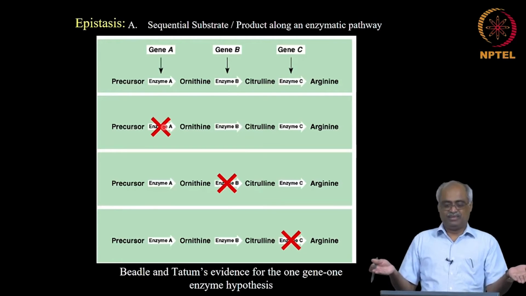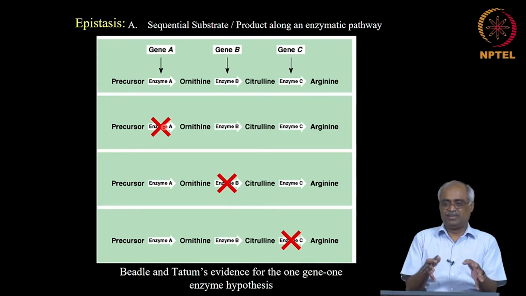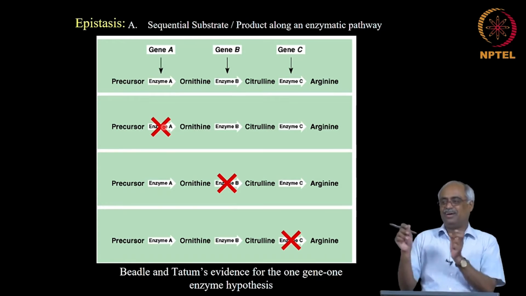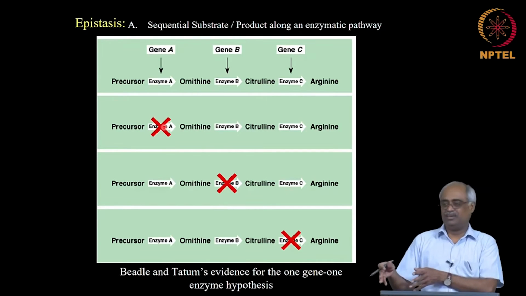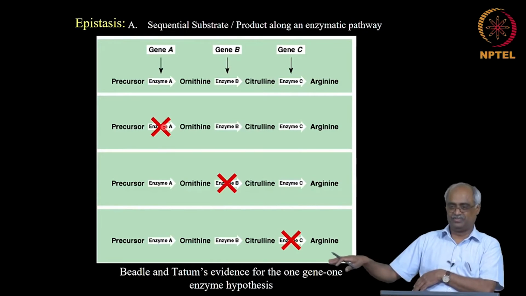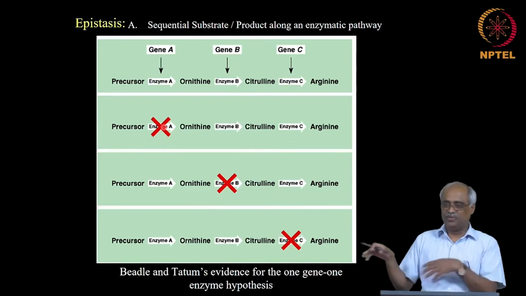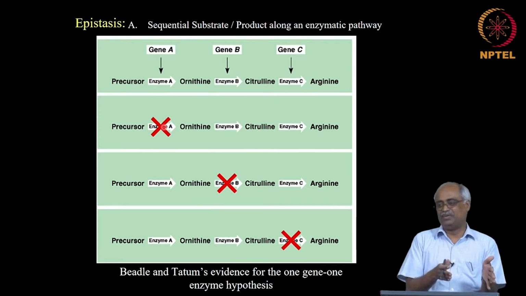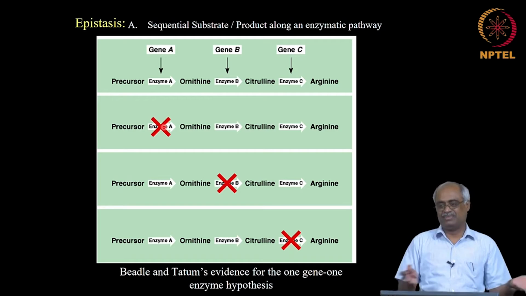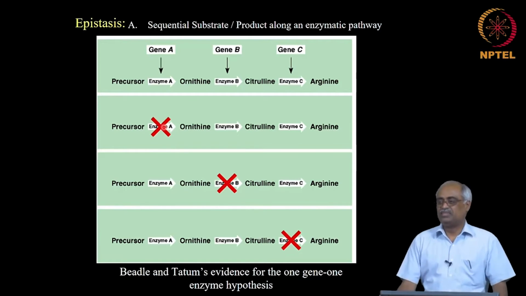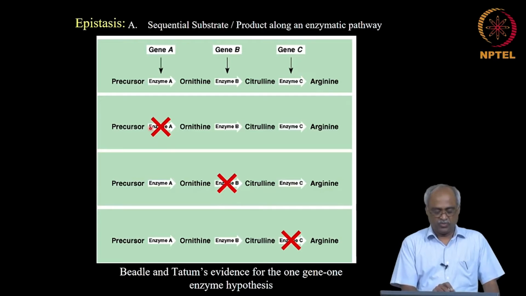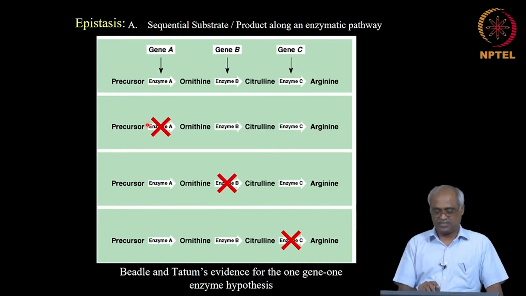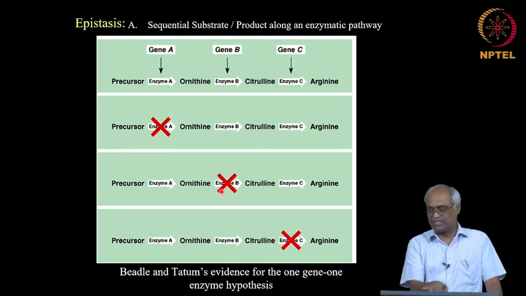So, whether the body part assembling people have come or not, and the wheel assembly people have come or not, the end phenotype is no car is made. When both are not there, it is also the same, and if the first people are not there, again it will be the same. So, the first block will be epistatic over everything else. When you see that relationship, then you know, oh, enzyme A must be acting upstream of B. That is how this picture is drawn.